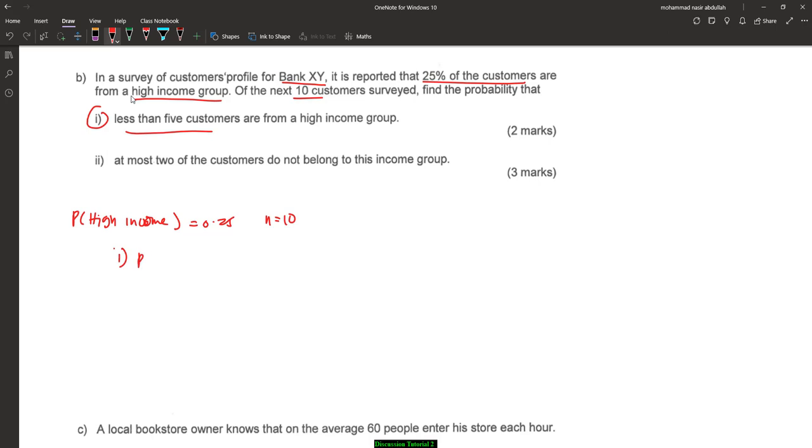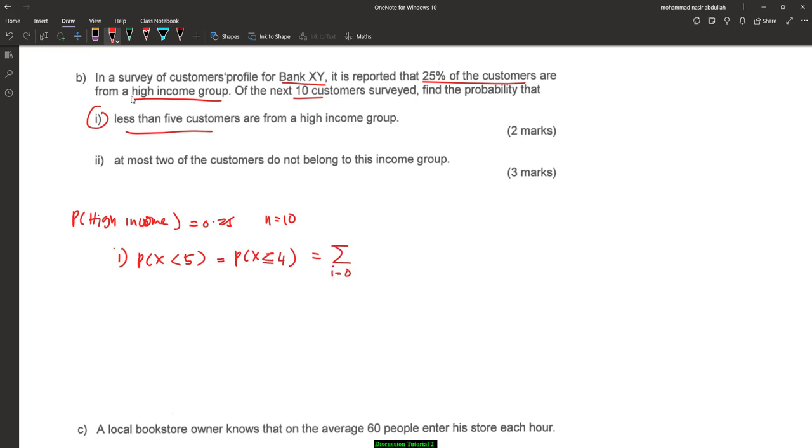So probability of x less than 5, which should be probability of x less than or equal to 4. This is a binomial problem, right? We have 2 outcomes, we have n, 10 replicates, the probability of success is 0.25, and each replicate is independent. So this one should be summation of